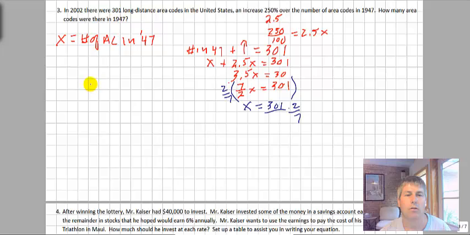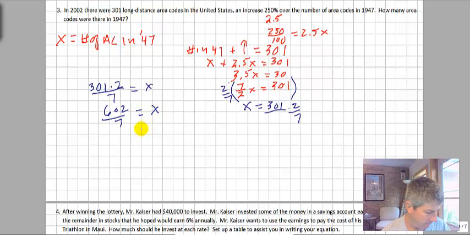So now 301 times 2 over 7 equals x. That's 602 divided by 7 equals x. Doing a little bit of long division here, we get 86 equals x. So there were 86 area codes in